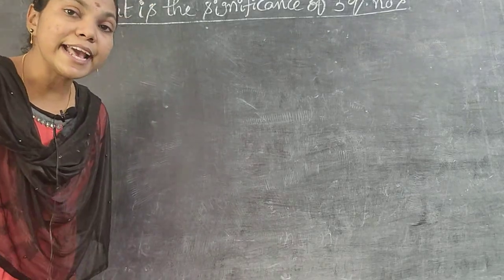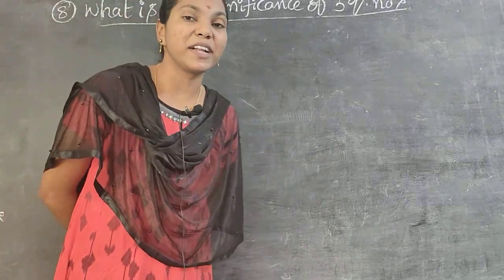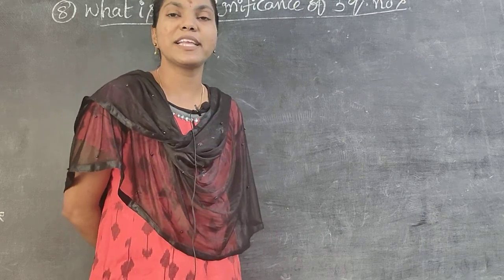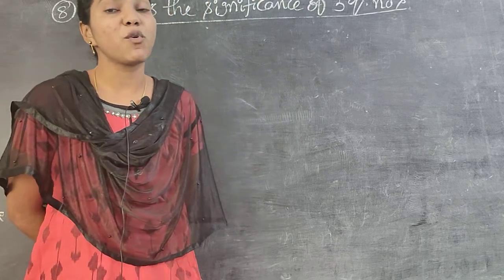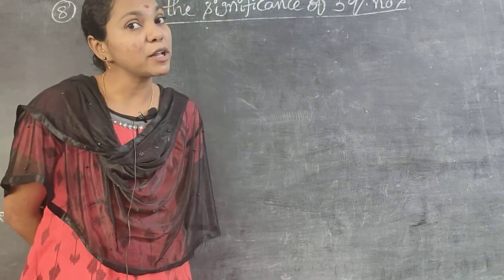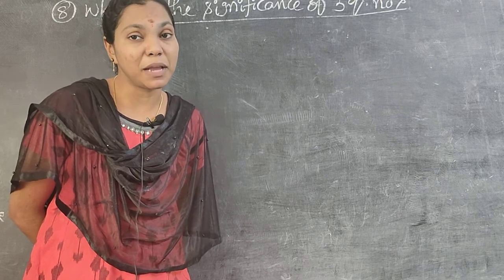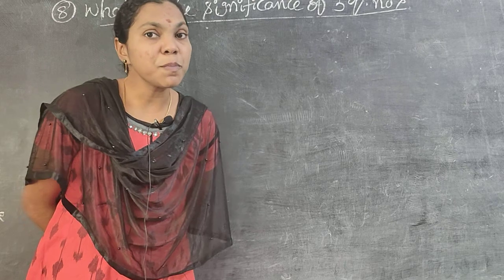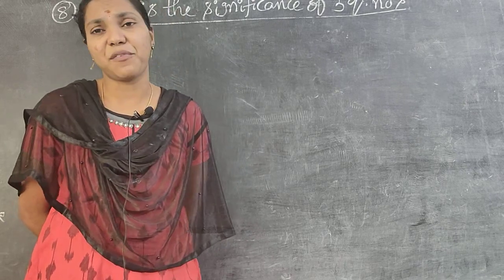I already explained in the past video what the principal quantum number is, how it is useful, the importance of that number, and also what the angular momentum quantum number is and its importance, and also the magnetic quantum number and its importance, and also the spin quantum number, the spin orientations of an electron.